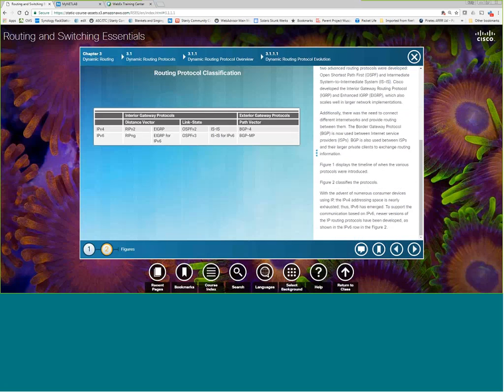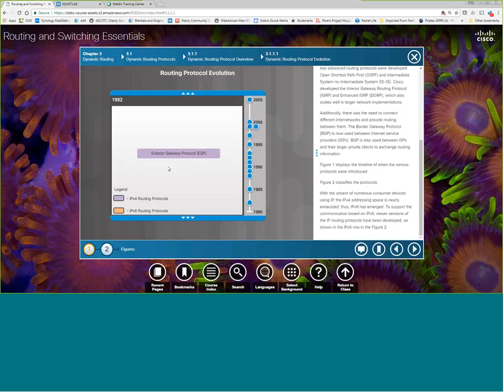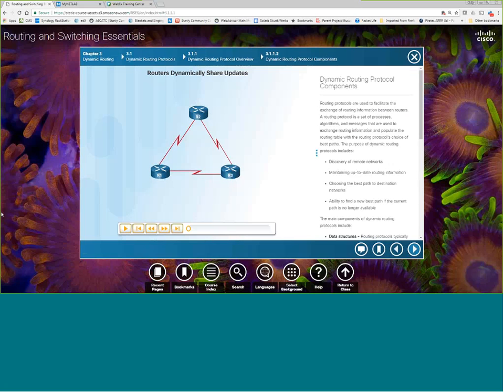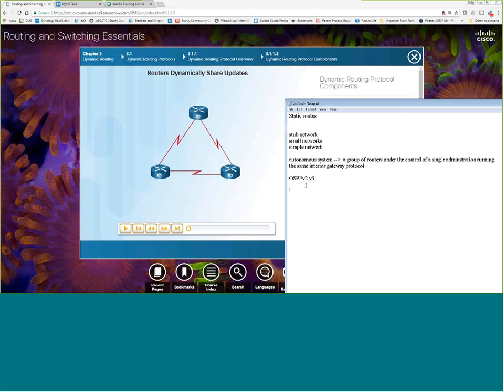RIP, Routing Information Protocol, has been around for a long time. RIP version 1 came out in 1988, somewhere in there. So 1988 was the first version of RIP v1. RIP v1 is a classful routing protocol, and that means it does not carry, and I'm going to give you two other definitions here. So IGP, or interior,